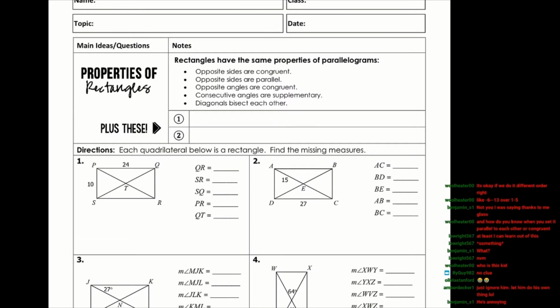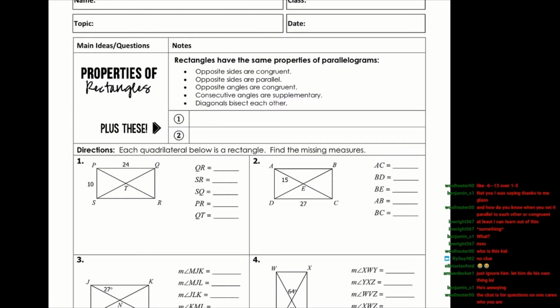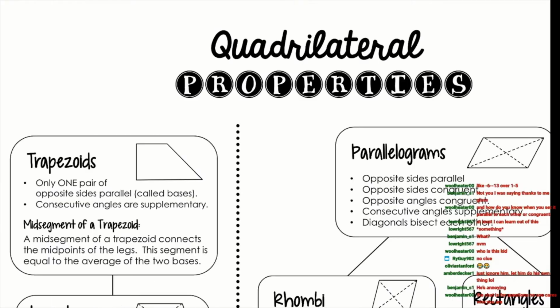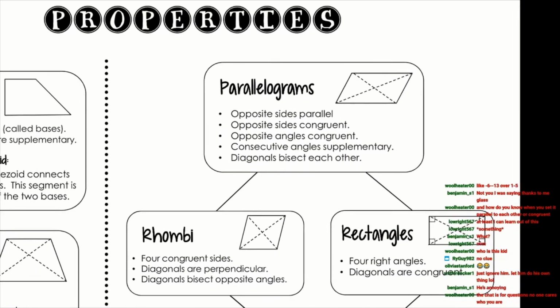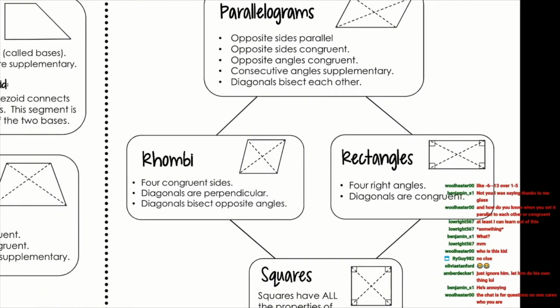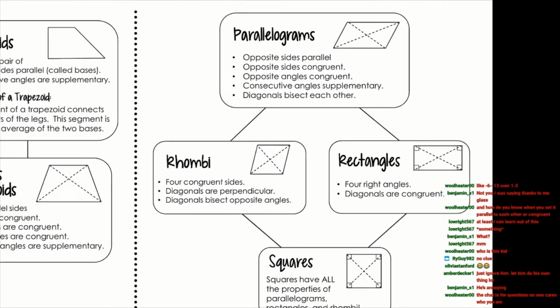We're just going to go over the properties of the rectangle, which are pretty straightforward, but one other thing that we will cover. There's another page in your packet. It's probably near the end. It looks like this. You're going to see me reference this page quite a bit. This is just a reference page